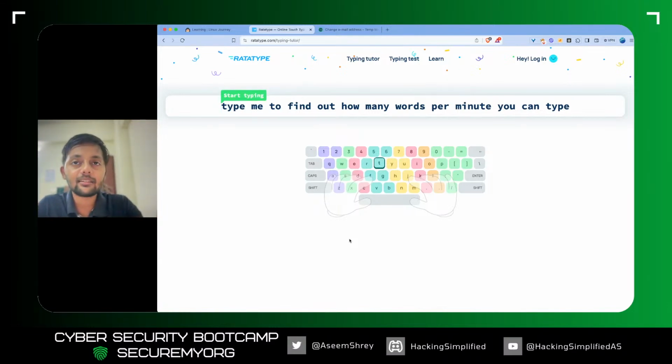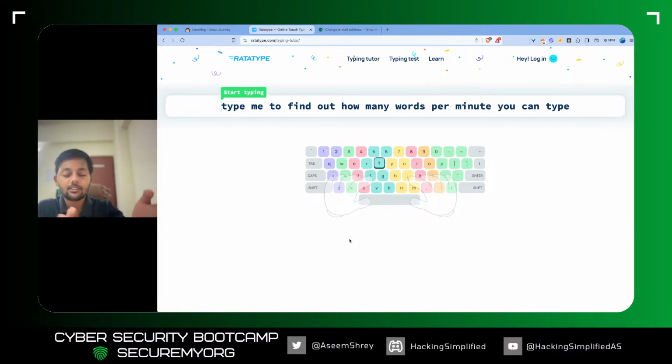The reason I say it, say for example, if you're doing hacking or development or just anything related to laptop, and if it takes you a lot of time to type, you would feel that it's very tiring to work on this. It slows me down, right? But if you type faster, let's say 70, 80, 90 words per minute, you'd be able to do things fast, and that's why you would be more productive on a laptop. So I suggest everyone have at least a decent 40, 50 words per minute typing speed. That would be good enough to start working. So this is a website where you can test your typing speed and also improve on it.